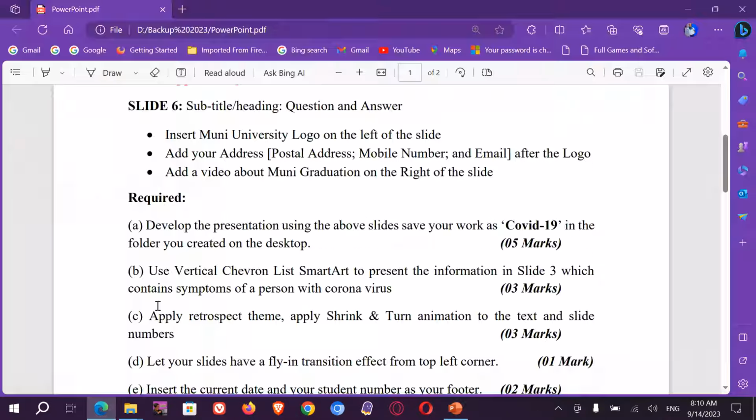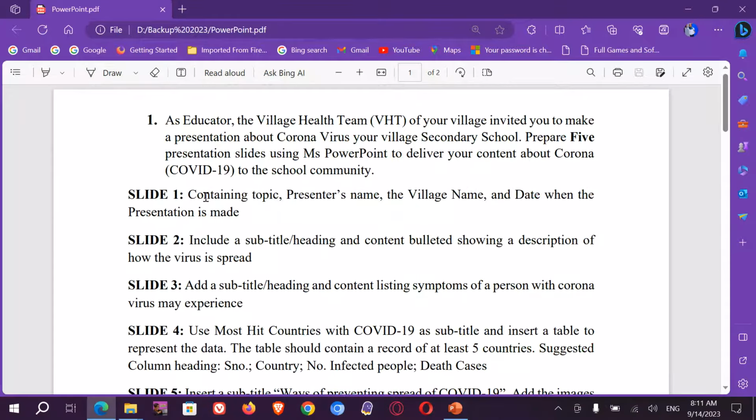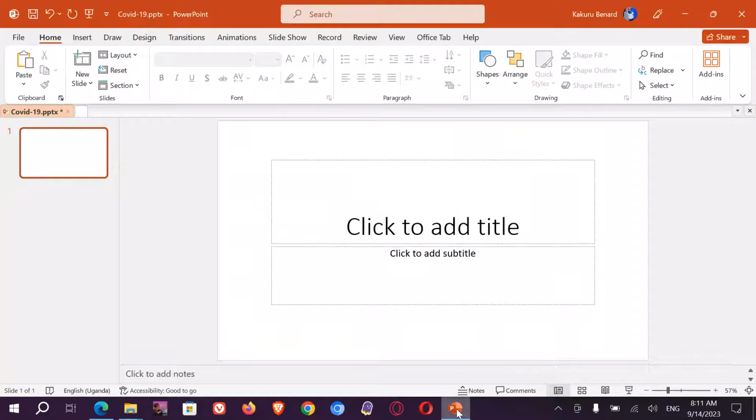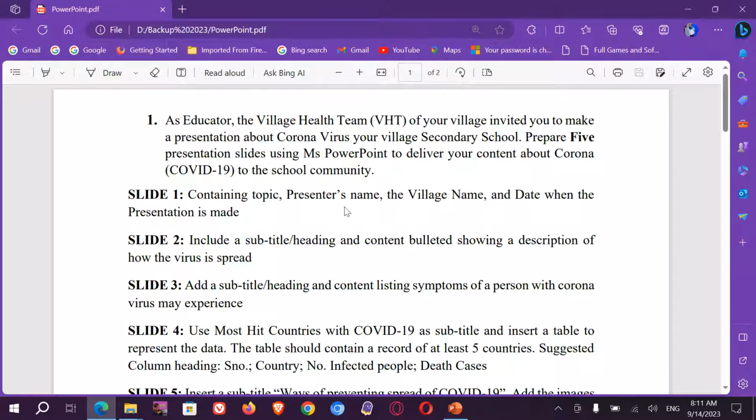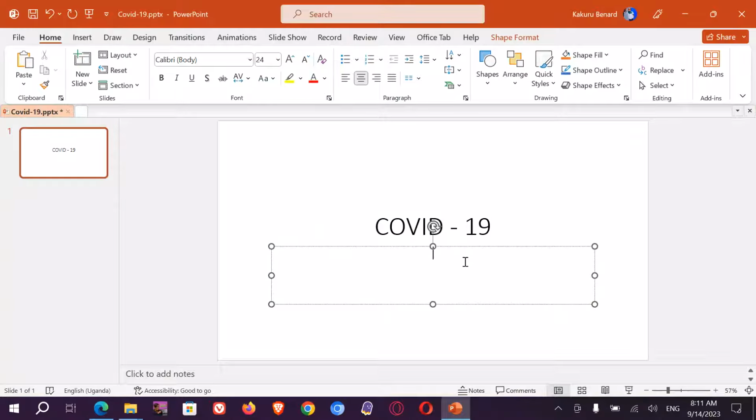So I do that. So in here, we are told in slide 1, when you look here, that it should contain the topic, presenter name, village name, and date when it has been created. So the title, I can say the title is COVID-19. And then below, they need the presenter's name, village name, date. So here I can have my names, village,